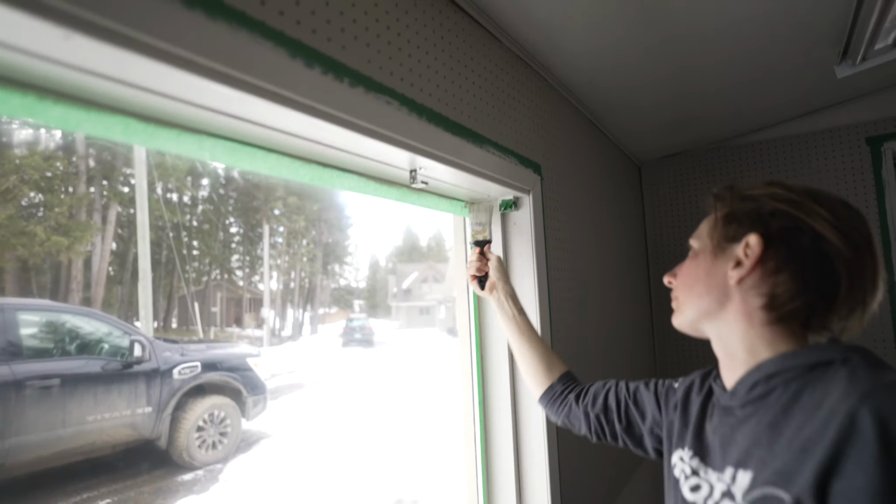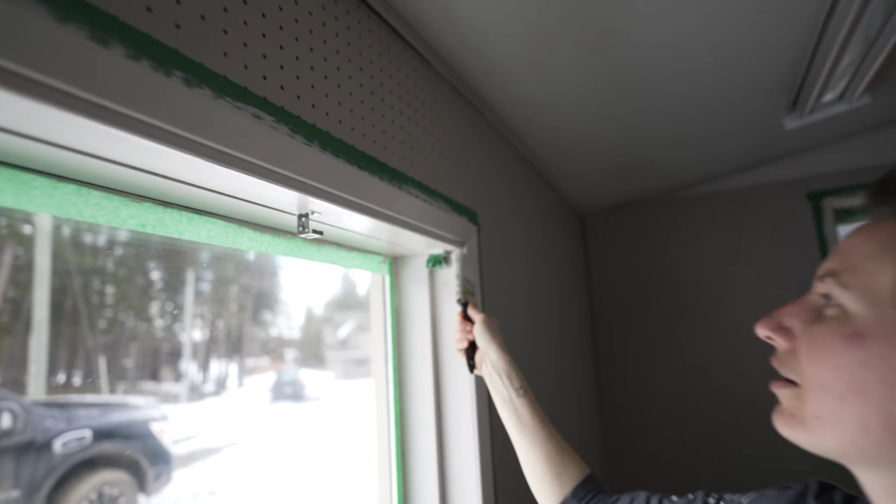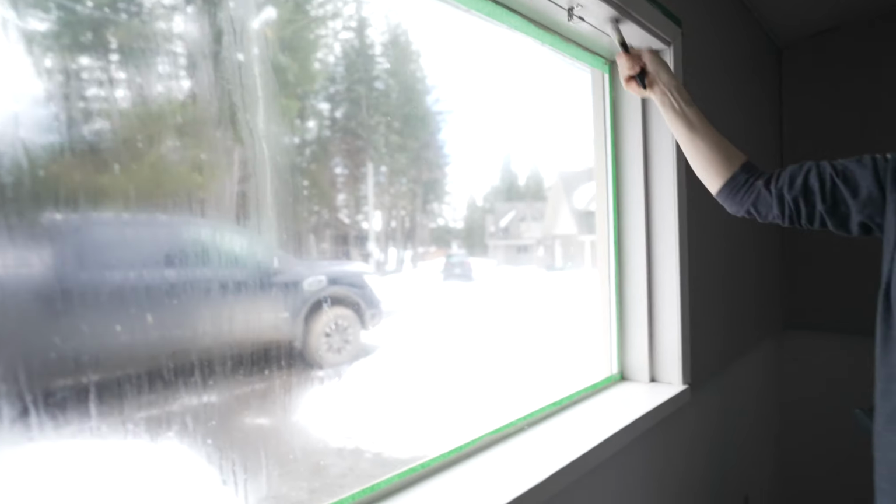But yeah, a lot of masking, a lot of extra coats, super important. And just making sure everything looks right. It's a cool office because you've got a good view of